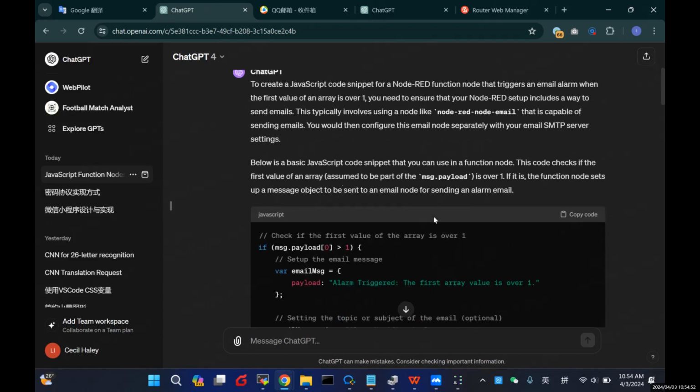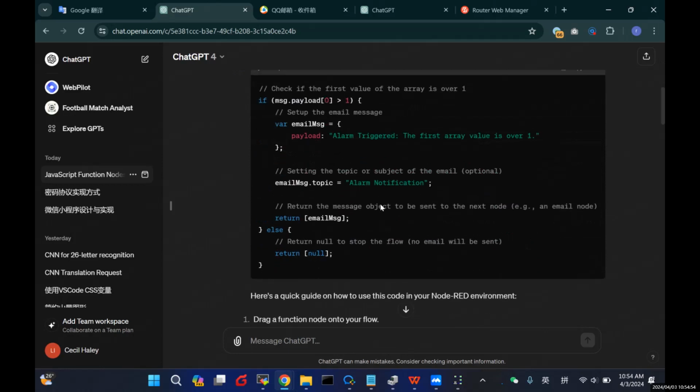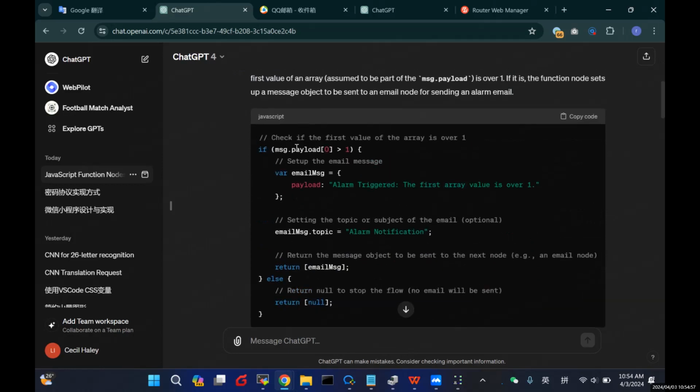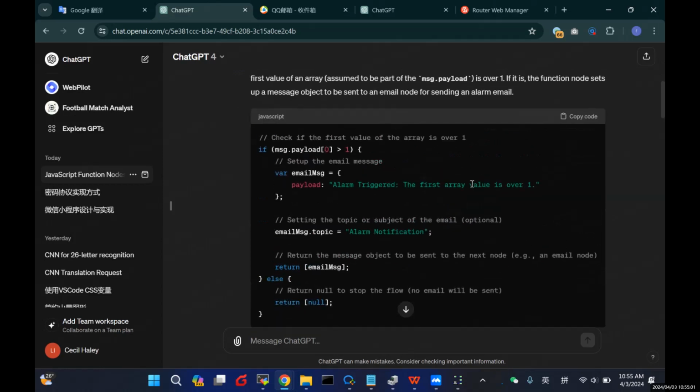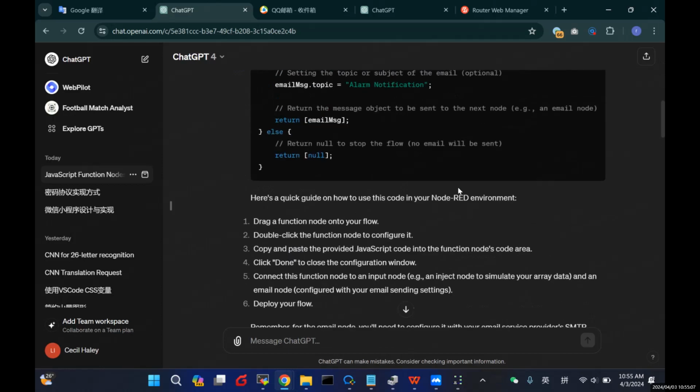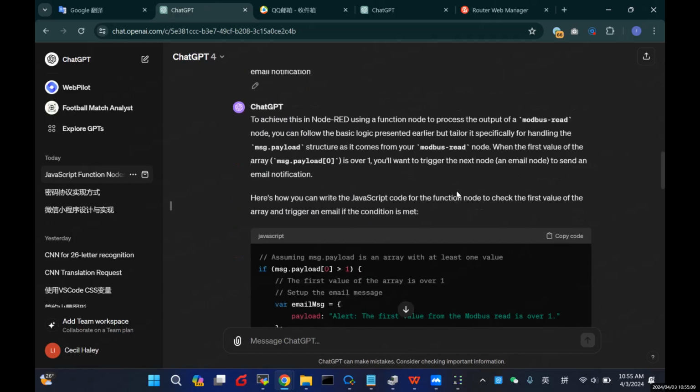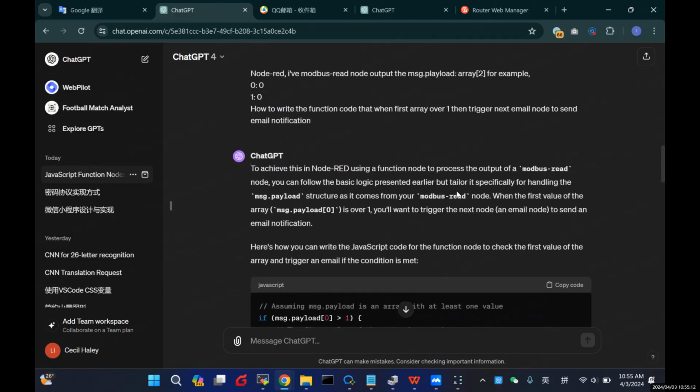And then ChatGPT output the code. This is the code that ChatGPT output. This code works, but